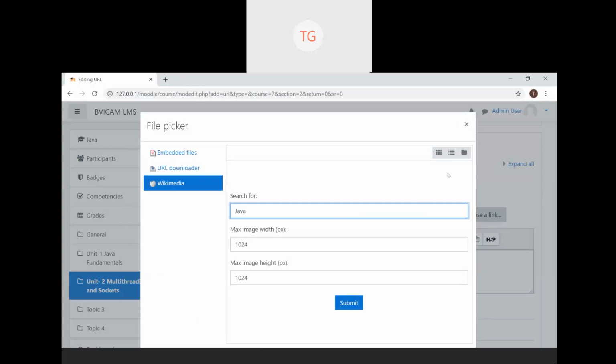So this is because in my Moodle account, in my custom site, I have not embedded the file. It is there on the cloud host.